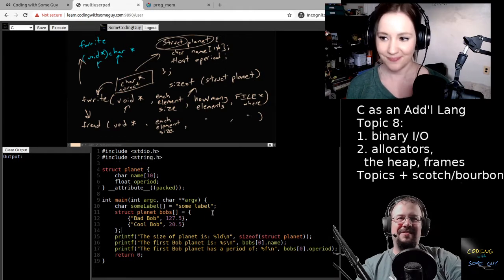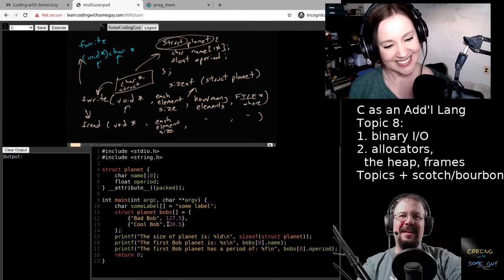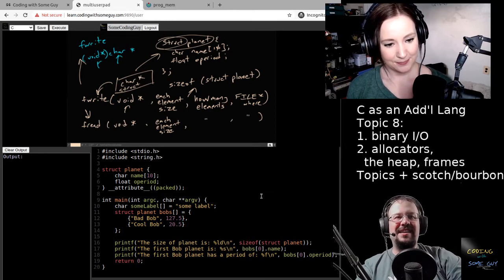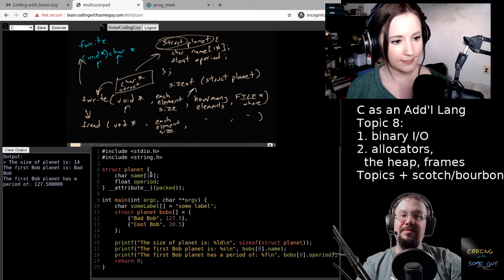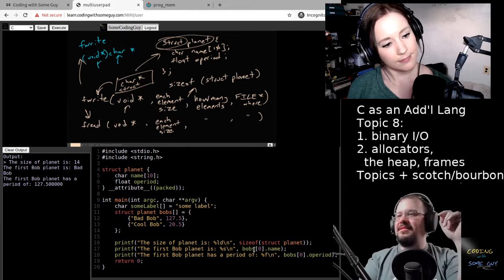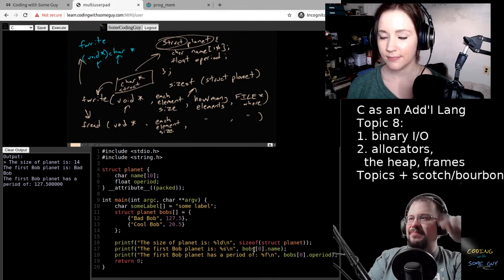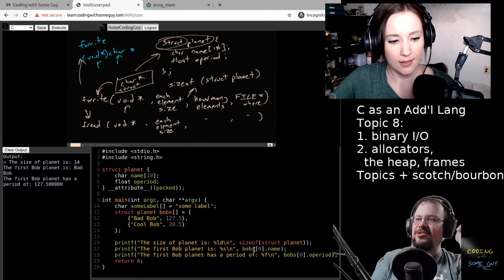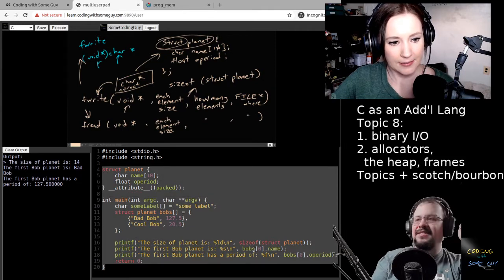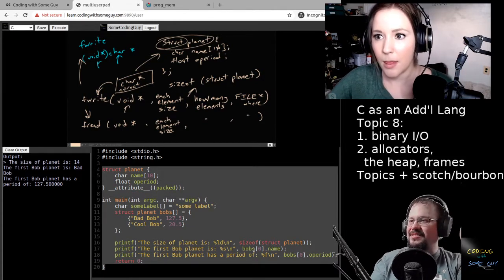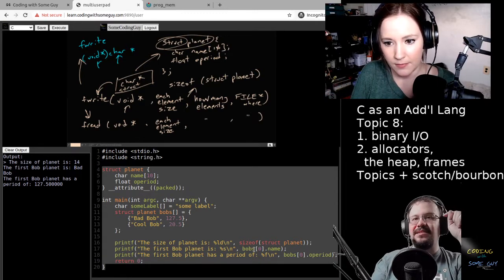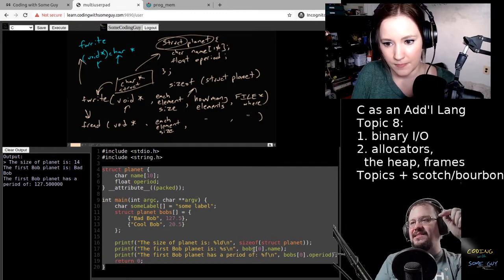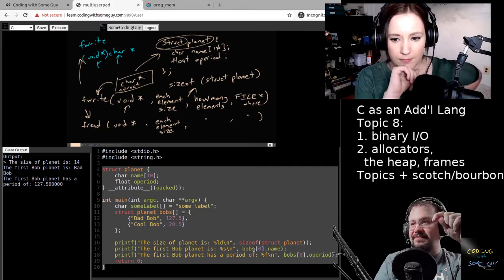You are totally right. So if we clean up that stuff, then we should have done the fast initialization of a couple planets, and we execute, and it works kind of the way we think it's going to, which is neat. So there's your fast syntax for it. Okay, now that's all beating around the bush, because what we really wanted to get to was serializing this out to a file. Now this is binary data, because while the name is text, the float definitely is not.